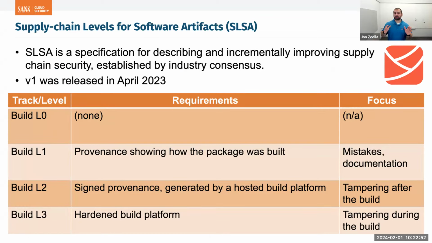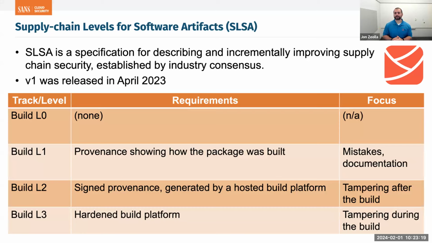So provenance, we talked about provenance. That's what happened in the pipeline. How do I connect together the Git repository and the Git commit hash to an artifact? So the next thing you might think is, I want to do that. I want to make sure my supply chain security is good. But it seems like there's a lot to this. How do I start? What's the first thing I do? Then the second thing, then the third thing.